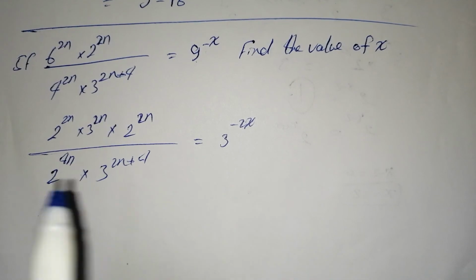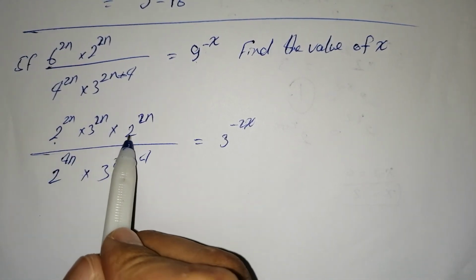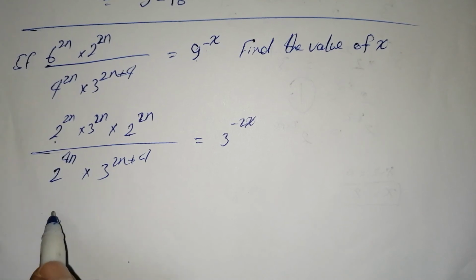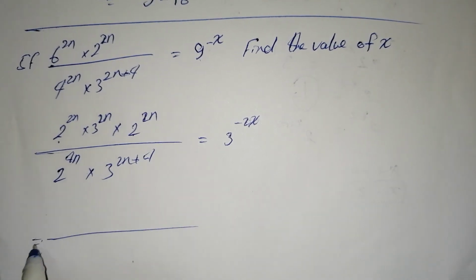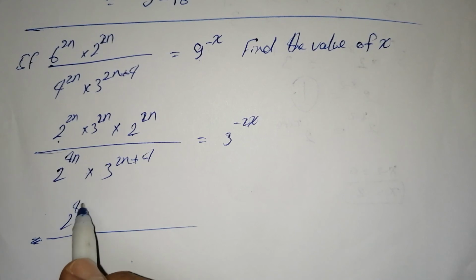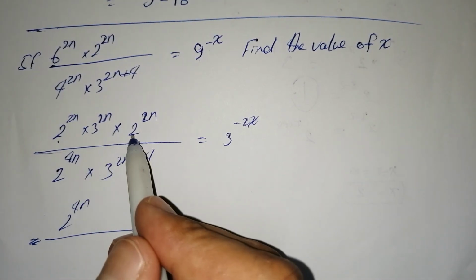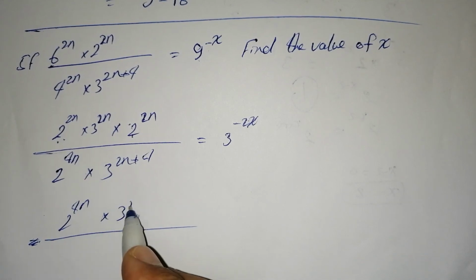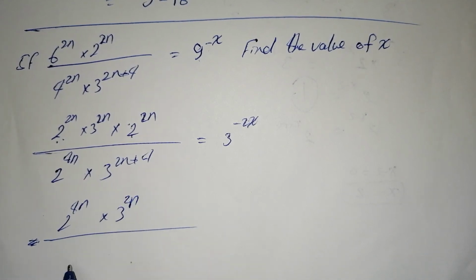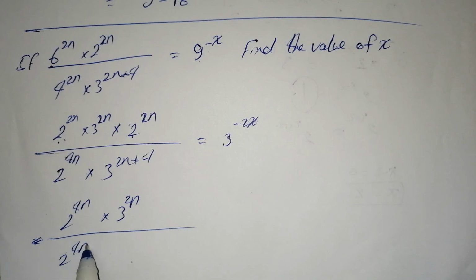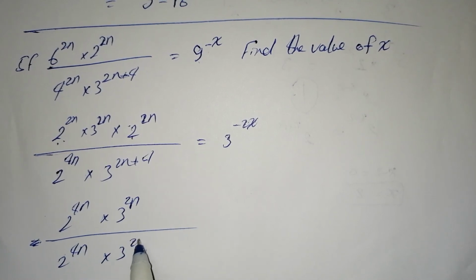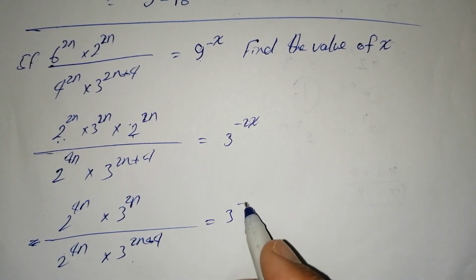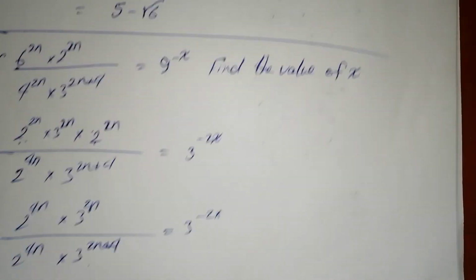And the left hand side we have 2 power n times 2 power n, which is 2 power 4n, 2n plus 2n, which is 4n. So equal, in the left hand side, 2 power 4n. Again, we have 2 power 2n and 2 power 2n, which is 2 power 4n times 3 power 2n. In the denominator we have 2 power 4n by 3 power 2n plus 4. In the right hand side we have 3 power negative 2x. So we have a common base,